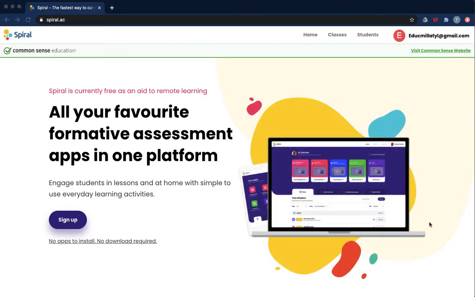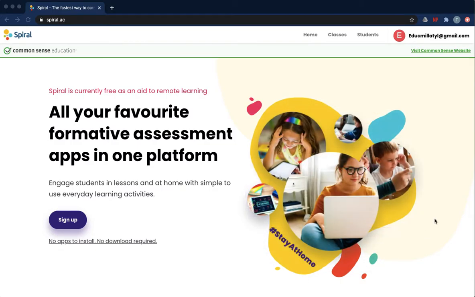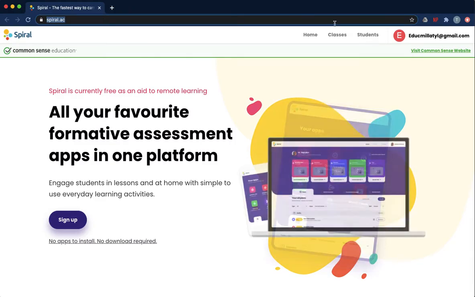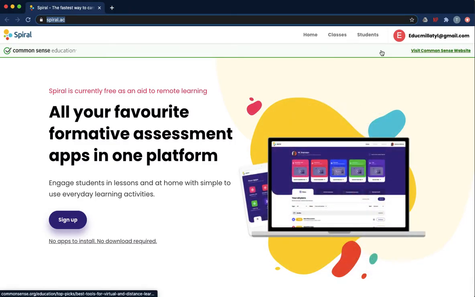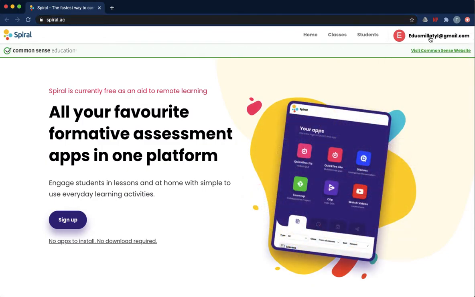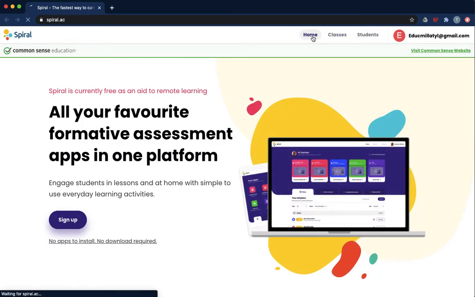Here's a tool you guys can use for assessment. Go to spiral.ac and it'll take you here. I'm sure you guys are getting very good at creating accounts for different sorts of resources, so you're going to want to create an account again. I already did that, so I'm going to go to home, and